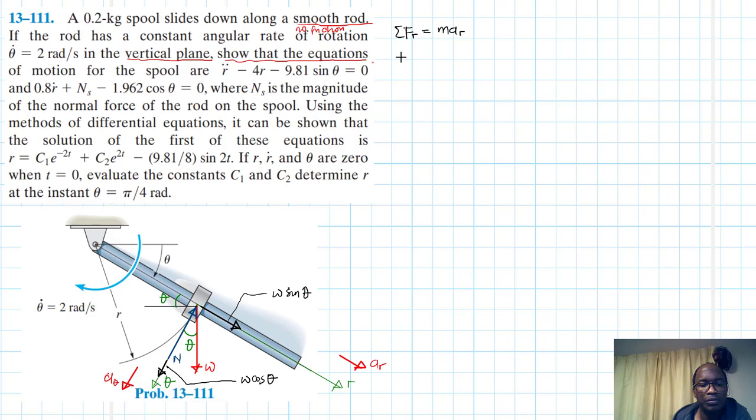We do have W sine theta equal to m a_r, and this is 0.2 by 9.81 sine theta equal to 0.2 a_r, and our a_r is equal to r double dot minus r theta dot squared,